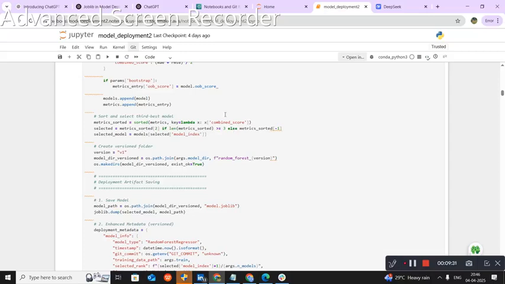Whichever model has a lower value, that particular model we are going to take. But if the average value is very much lower, then it is a highly overfitted model, we can say. So that's why we don't want that, so that's why we are going to take